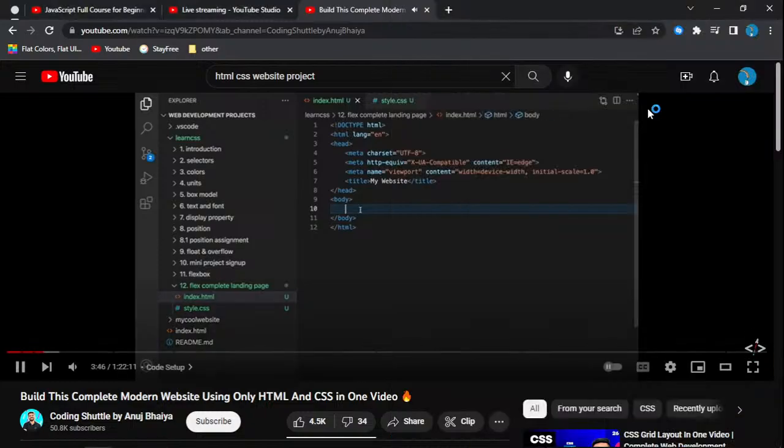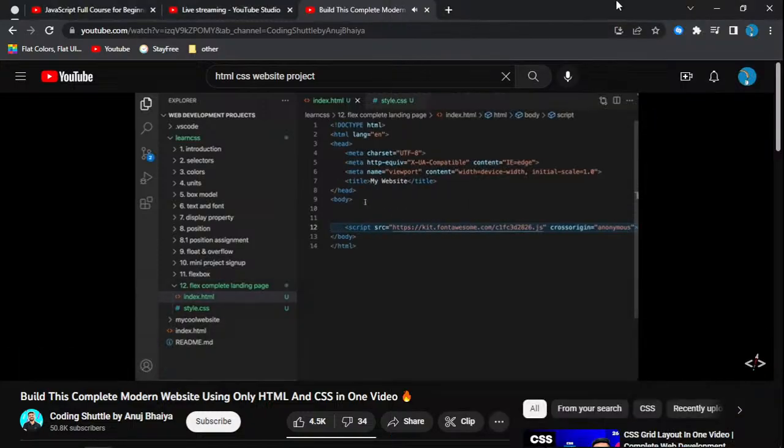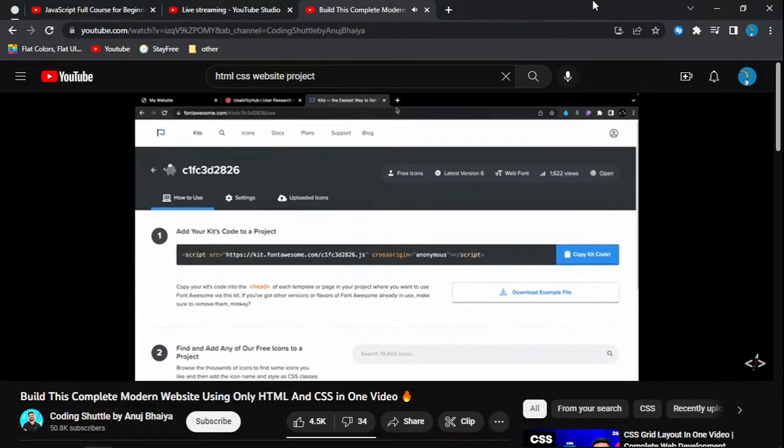और अपने कोड के अंदर बॉडी के अंदर पेस्ट कर देना, ठीक है। तो बॉडी यहाँ पर खत्म हो रही है, उससे जस्ट ऊपर वाली लाइन में हमने अपना ये फॉन्ट ऑसम की स्क्रिप्ट पेस्ट कर दिया, सो दैट हम अब अपनी वेबसाइट के अंदर आइकन यूज कर पाएंगे फॉन्ट ऑसम के। इसके बाद हमें चाहिए कुछ फॉन्ट्स, तो उसके